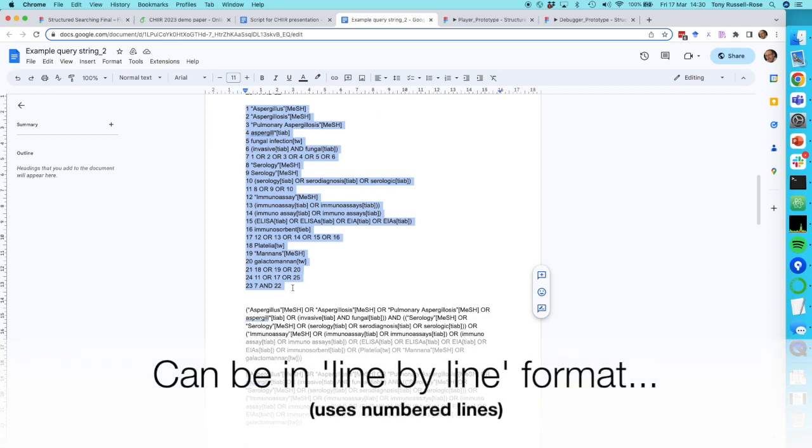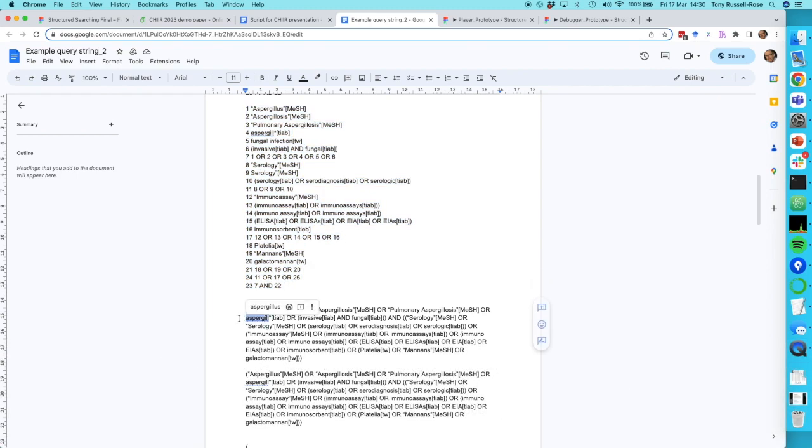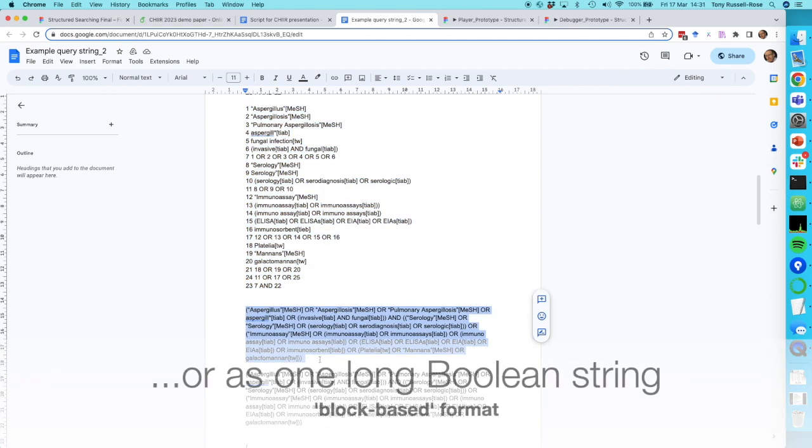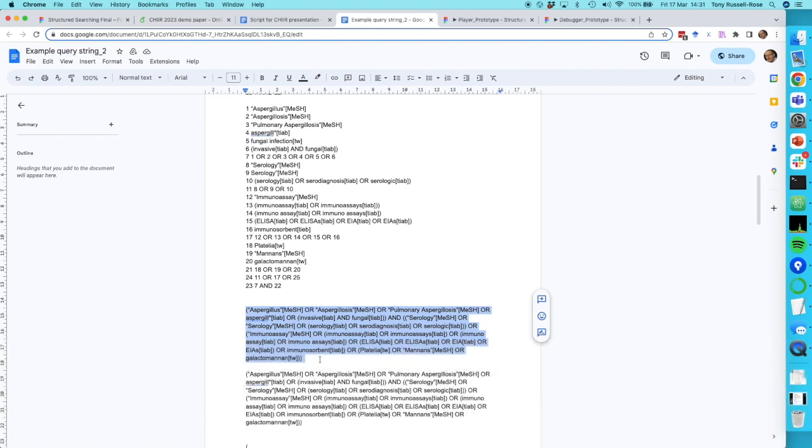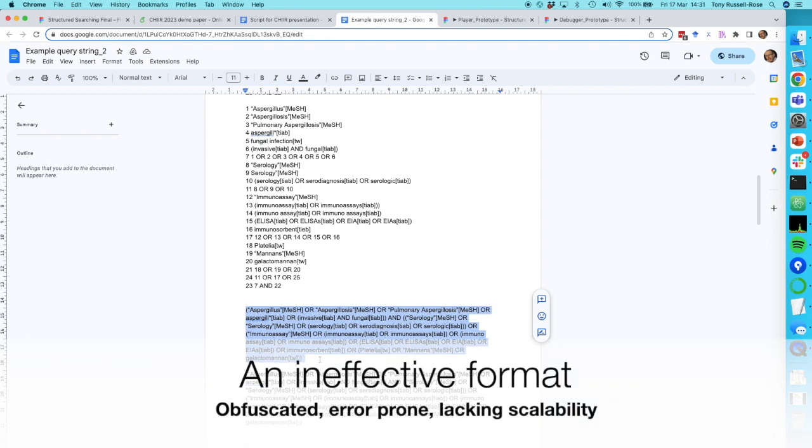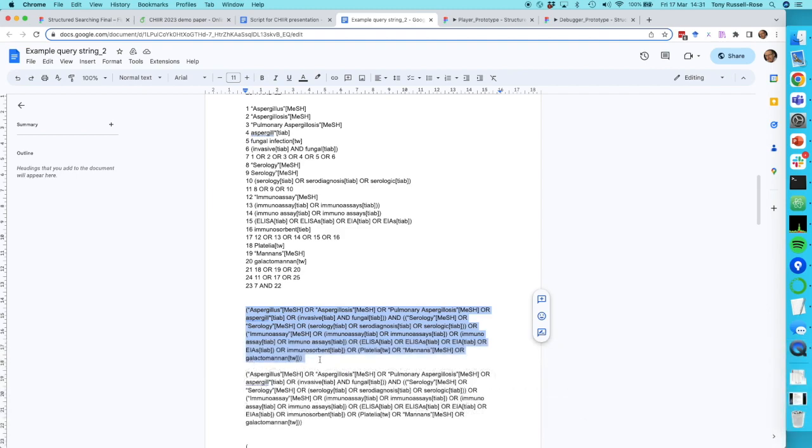And they can sometimes be articulated on a line-by-line basis, like this that we've got highlighted, or they can be articulated as one very long Boolean string. And in both cases, they're somewhat prone to error. They don't scale very well. They're quite difficult to look at and understand, and many studies have shown that there are often errors in these